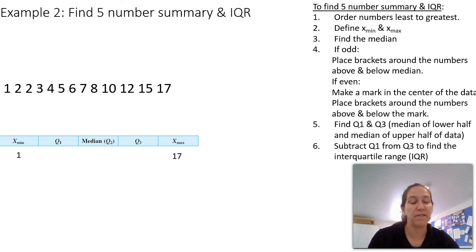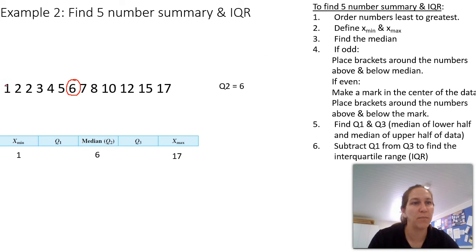Now in this case, I have 13 numbers. So I should be able to go 1, 2, 3, 4, 5, 6, 7. Okay, so this number here, I should be able to just have 6 numbers above, 6 numbers below. I don't need to do any calculations in this case. My median is 6, so I'm going to plug that in there. Next step, okay, in this case, because we had an odd number of values, we are going to place a